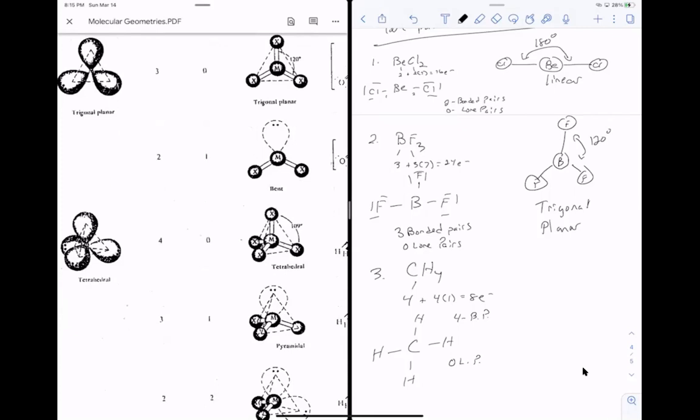This is the way that I'm most familiar with it, and that is to have carbon, hydrogen, hydrogen, hydrogen,